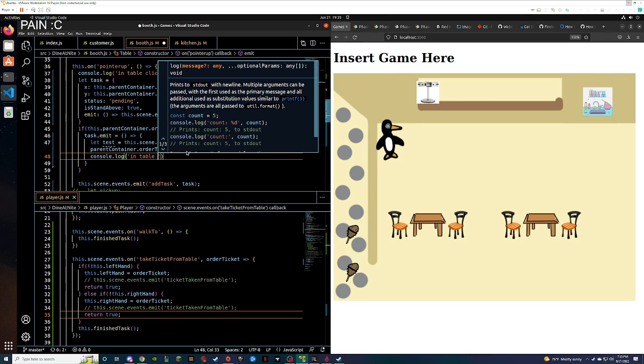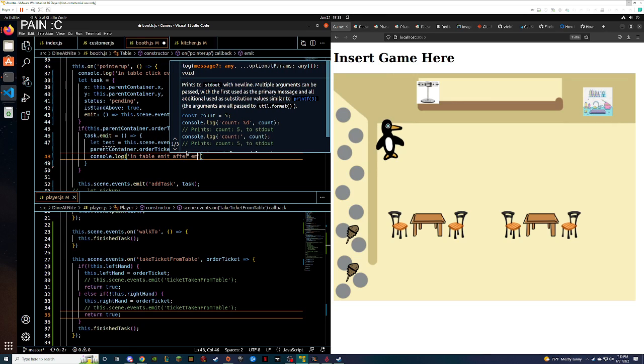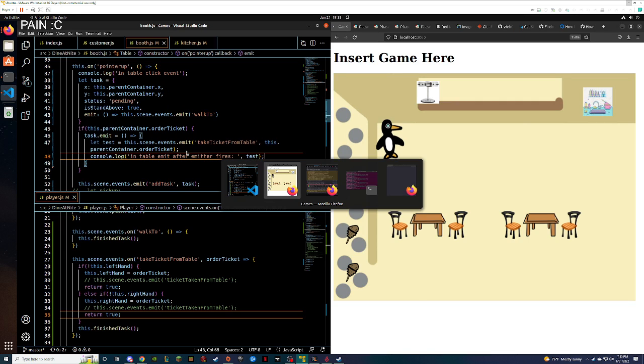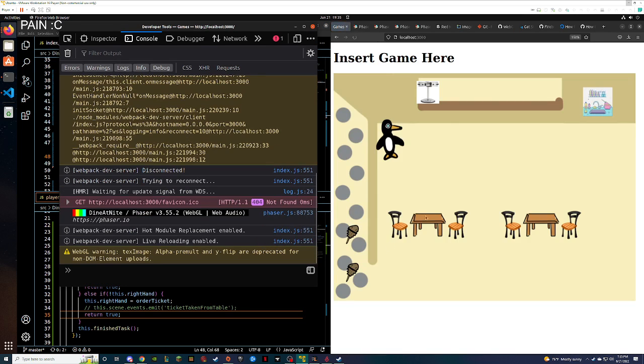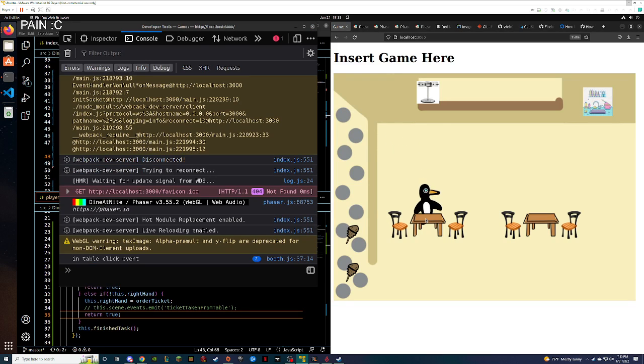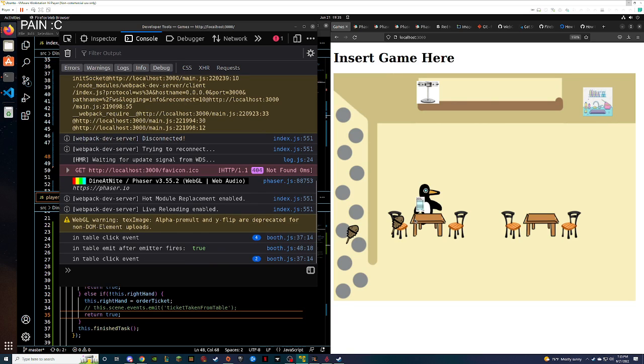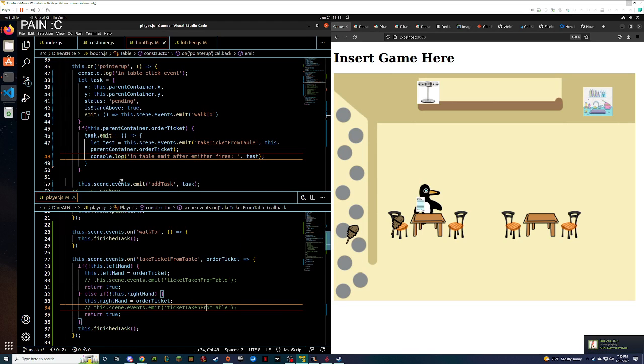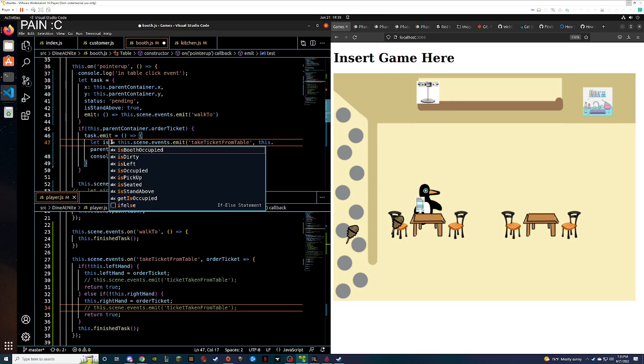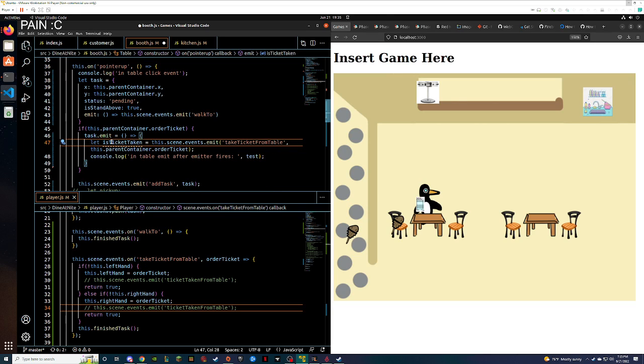In table emit after emitter fires. Okay, so then if we click on... Oh. That does work. So we're gonna let this be is ticket taken.